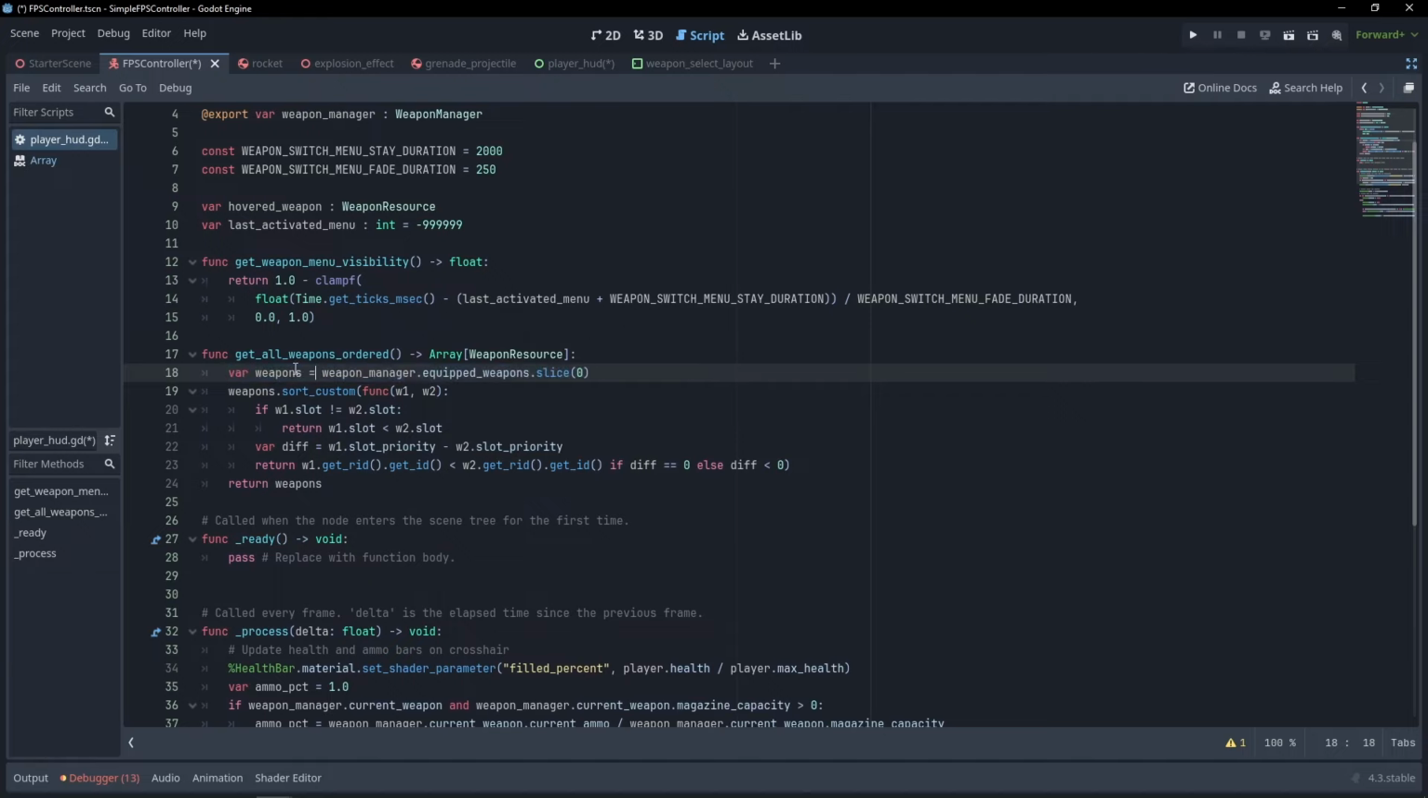So we get the list of weapons, so I'm going to grab the weapon manager's equipped weapons array, and I'm doing .slice(0). So this is just duplicating the array. So slice, so take a copy of the array from position 0 on, and this just copies the array so I can manipulate it and sort it without affecting the original. So then I go and do